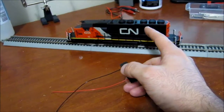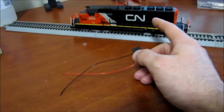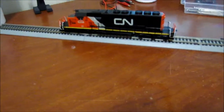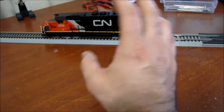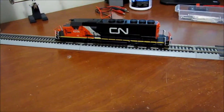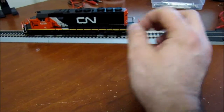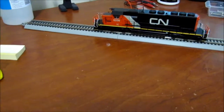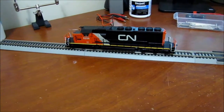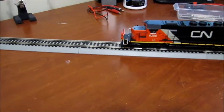If you remember this one, this is my Kato SD40-2. It's the one with the LokSound. A few videos ago I put up a video showing the different sounds to let my buddy know, who was going to buy the decoder. But since then, I've decided I'm going to keep this decoder because I actually like the sound. The sound is really good. But if everyone remembers what my biggest disappointment about this was, which a lot of Kato owners say,